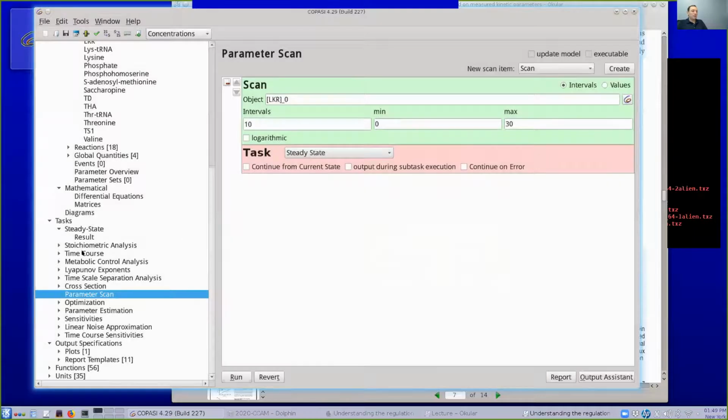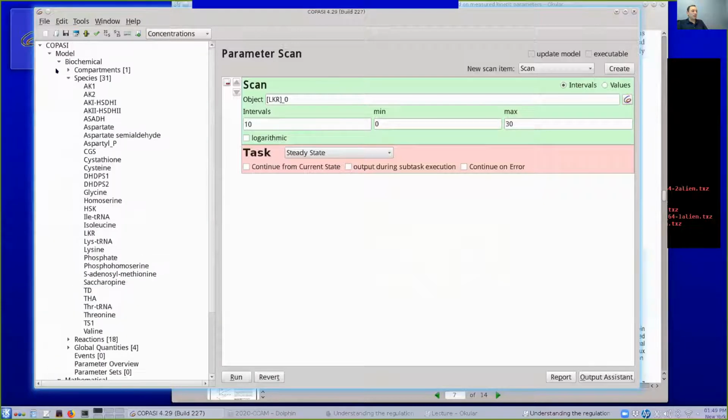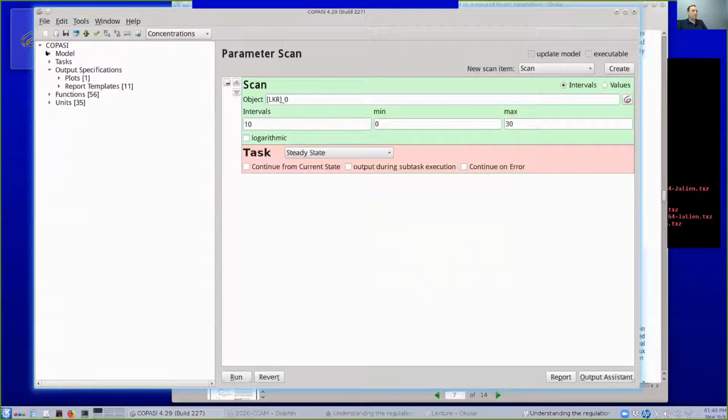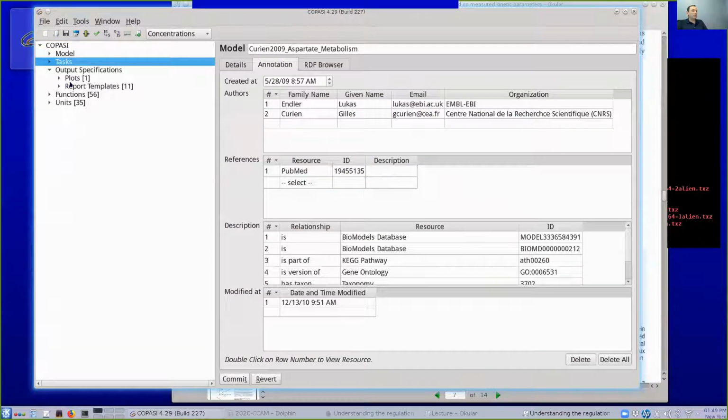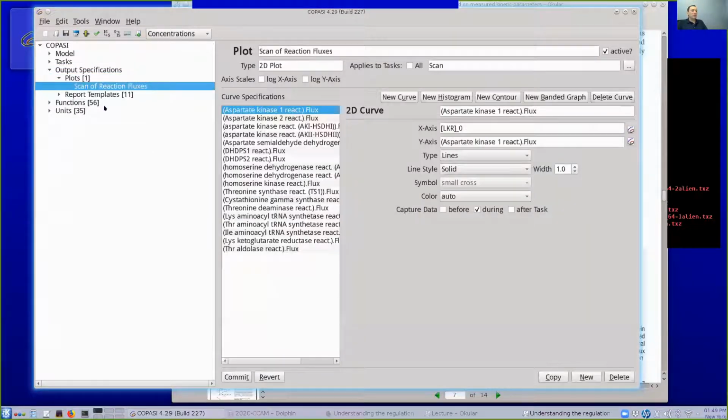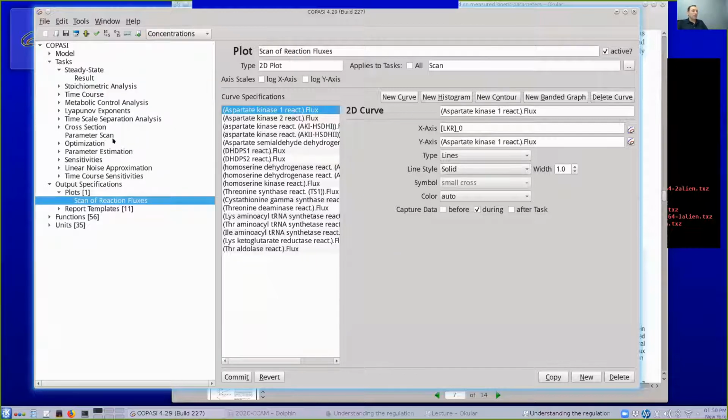Now what this did is that it created something here in another part of COPASI. So you have model, you have tasks, and you have now another thing called output specifications. And in there you have plots and reports. And now you have one plot, which is this one I just created. This was created automatically. I'm not going to change it, but you could change it here. And that's what that tutorial will tell you. Go back to my tasks,